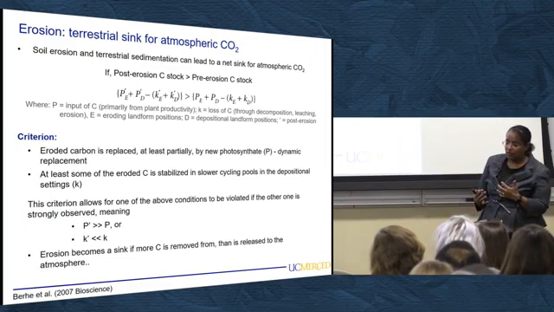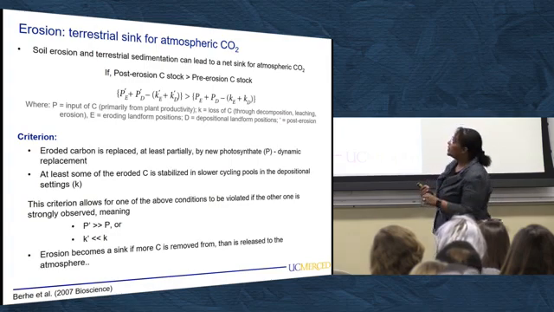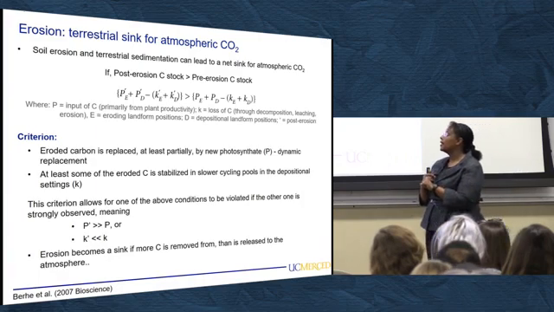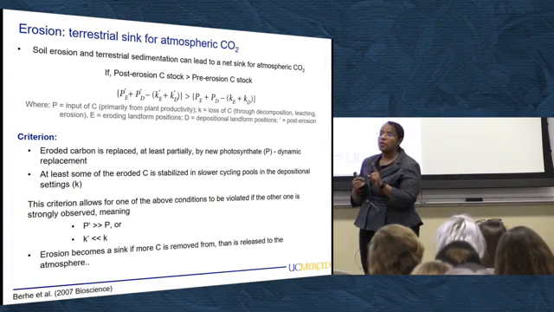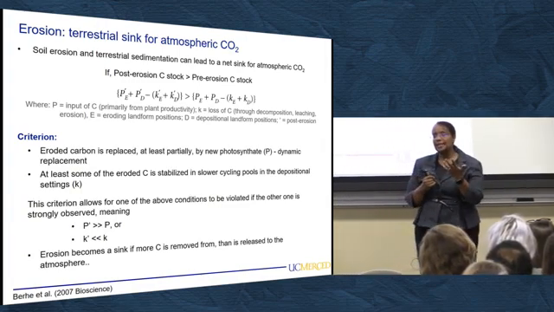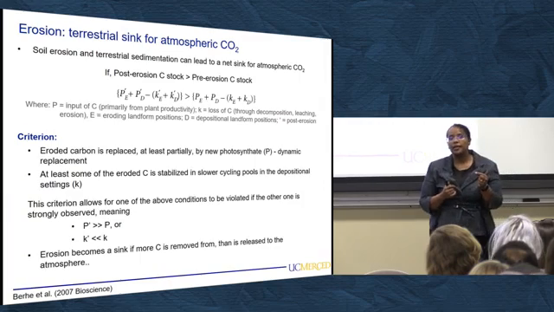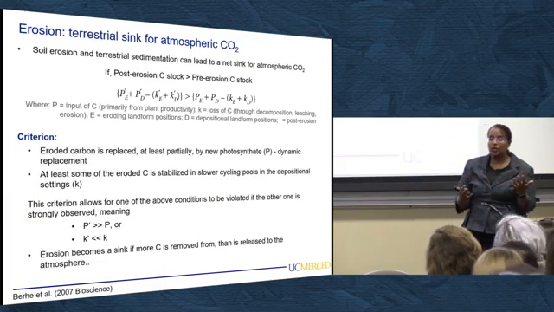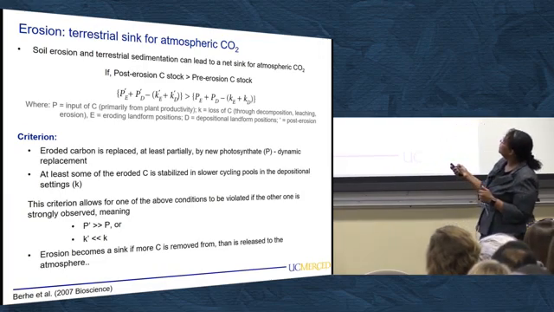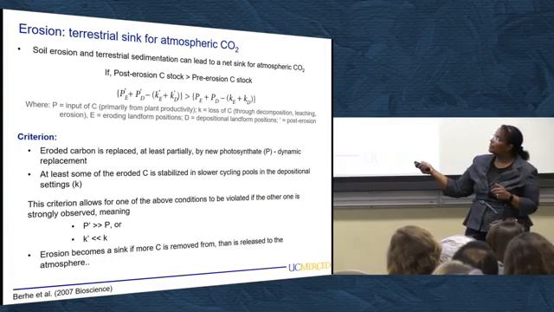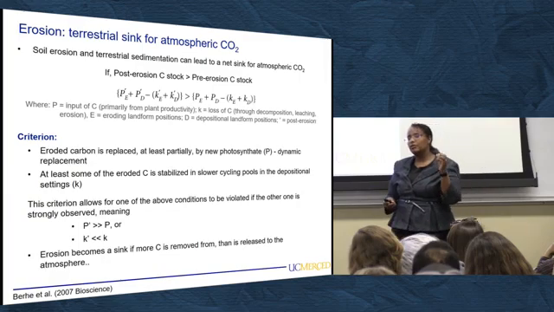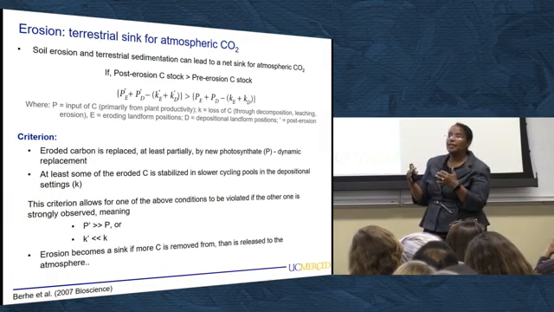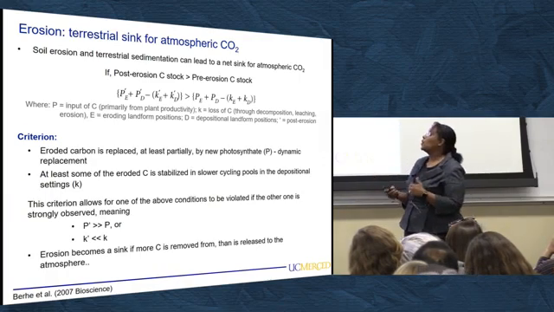Or you can simply state the criterion for whether erosion constitutes a sink or source by saying that for erosion to constitute a net sink for atmospheric carbon dioxide, one, at least some of the carbon that's being eroded and moved away from hill slopes has to be replaced by production of new photosynthate. So the soil can't be completely eroded and stripped away such that it can't produce any more plants or can't store any more carbon. And then you also have to state that at least some of that carbon that's eroded from the hill slopes has to be stabilized in the depositional settings. So if you fulfill these two things,